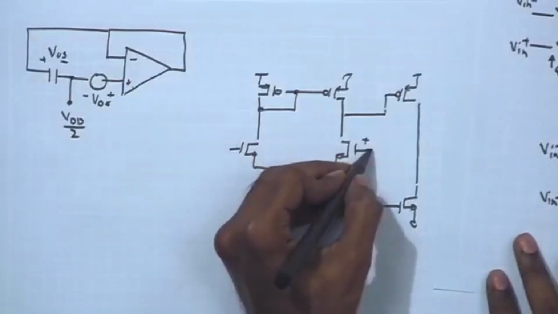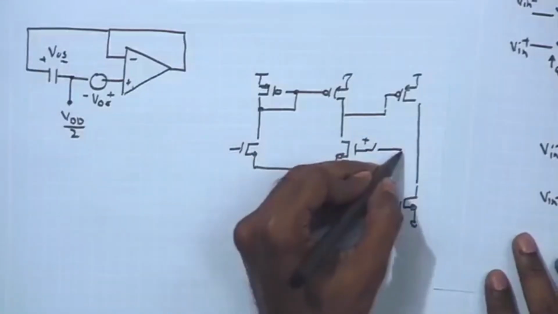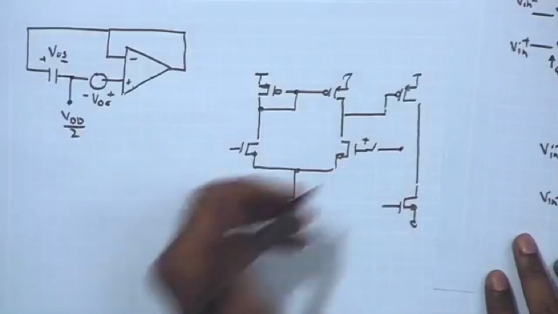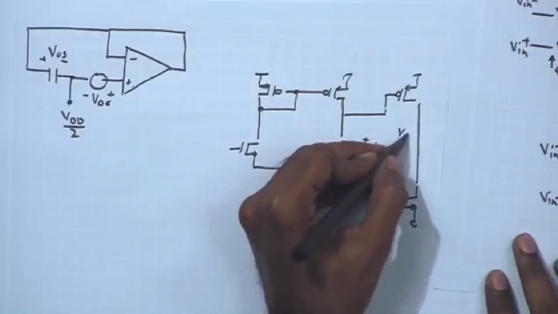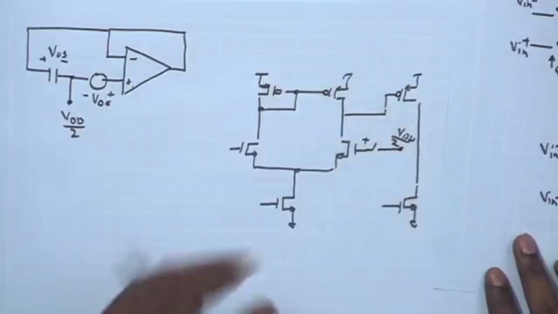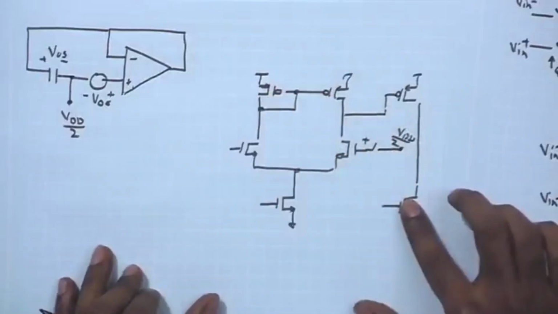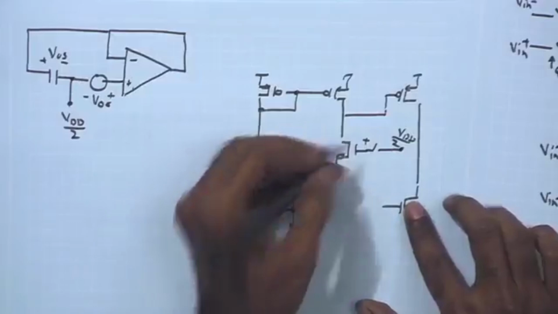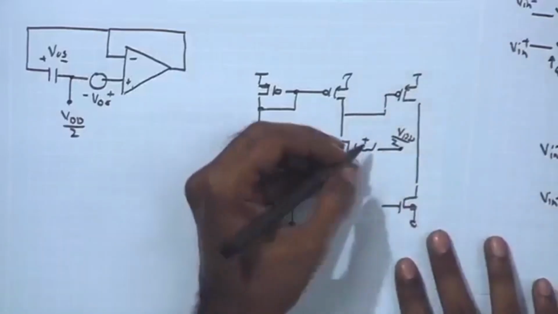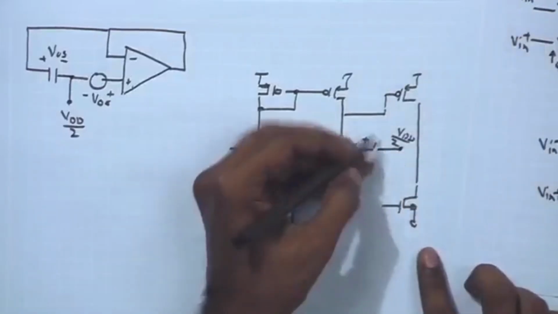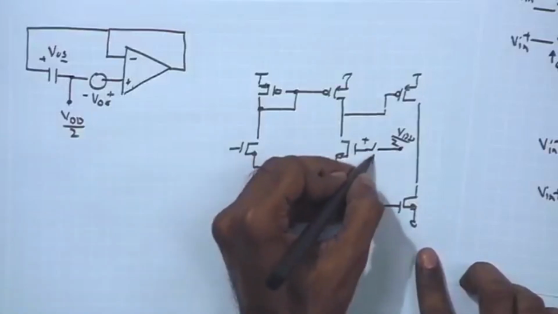So, we can have one transmission gate based switch that we have discussed in our previous classes, and this point can be VDD by 2. We can obtain it through some reference generation circuit or simply by dividers if we ignore the issues related to that right now. Now, here we have of course the phase phi 1 coming in,